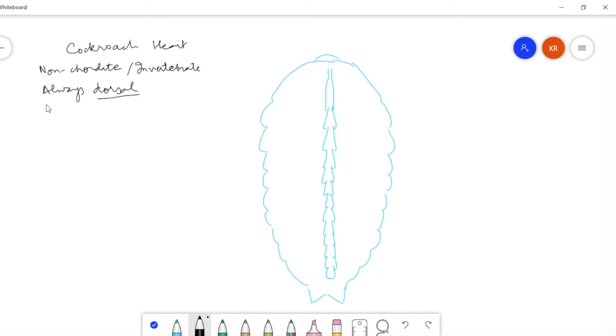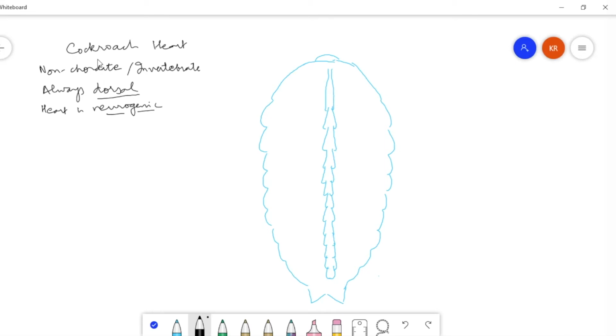Most of the time, as a general rule, we can say that the heart is neurogenic. That means that in order to initiate and maintain its rhythmic contraction and relaxation, it uses the nerves which come from the brain directly, as opposed to it being myogenic in the case of vertebrates. So this is an important point of difference between vertebrates and invertebrates with respect to the heart.